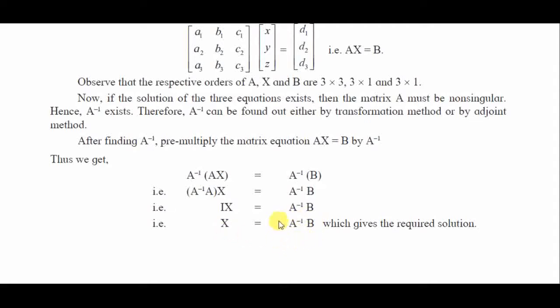The meaning of the inversion method is that we have to find the inverse matrix. Finding the inverse, we can do either by using the transformation method, that is converting a matrix into the identity matrix, or by using the adjoint method. But in that case, the adjoint method is a very easy method to find A inverse. So always use the easy method for finding any answer.